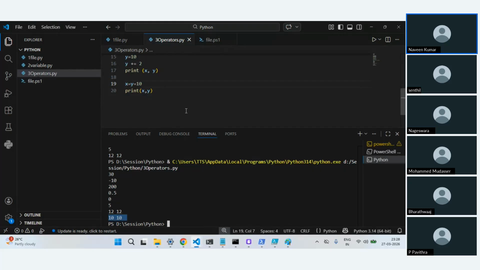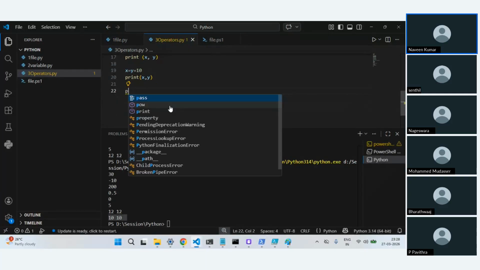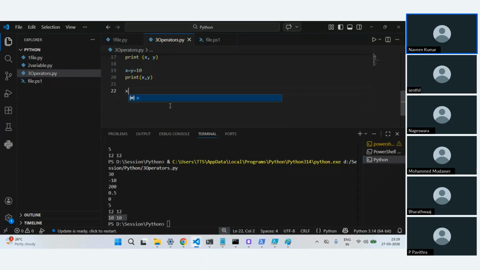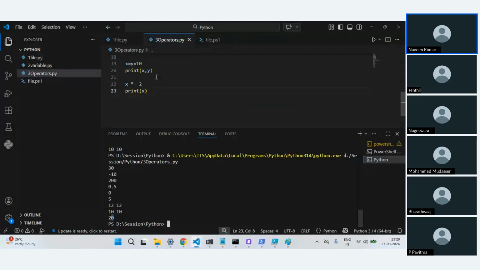Then what I wanted to show is, let's say I have x as 10. If I want to just increment it, I can do asterisk equal to 2. So if I do like this, it's like 10 power 2. Now if I print x, let's see what value. Now you see 20, right? 10 power 2 is 20. So like this, there are different operators. Again, I will not spend more time here. It's enough of things. Then you will move on to the comparison.